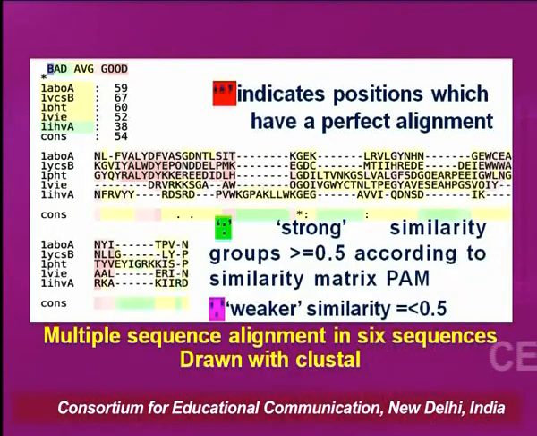So what do alignment algorithms do? The alignment algorithms search for a set of edit operations with the maximum total score. So alignment algorithms would search for the edit operations, and the objective is to get the maximum total score. So here is an example of multiple sequence alignment done for 6 sequences, and it has been done with the software Clustal, which is the most popular software for multiple sequence alignment.